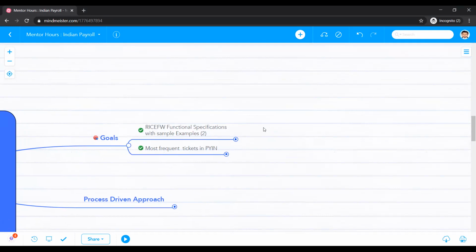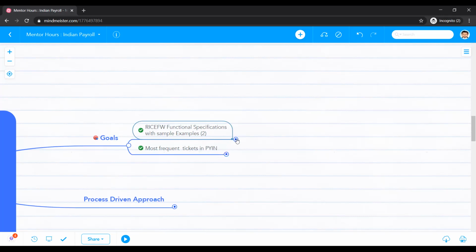Have you ever heard about the RISE-FW? Any guess? Yes, sir, I heard. What is that? Maybe report. I'm unable to remember right now. I saw it in SAP basics actually. Okay, no problem, I will explain that. Today's session, and maybe tomorrow's sessions also, I will be focusing on that area.